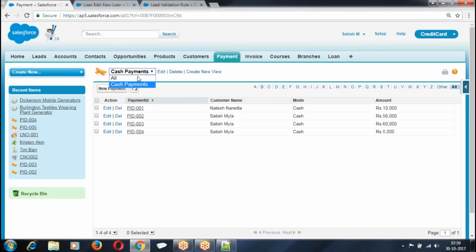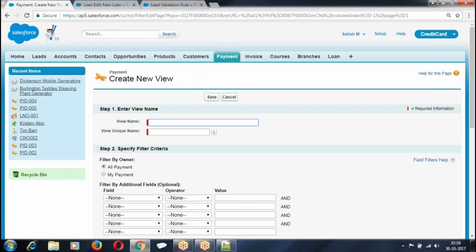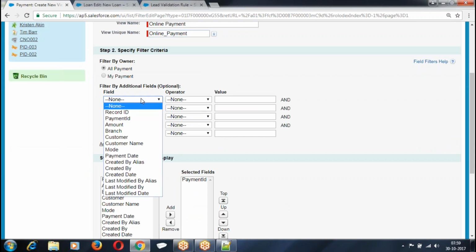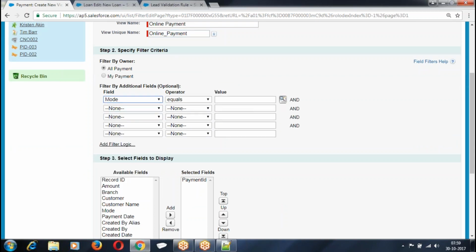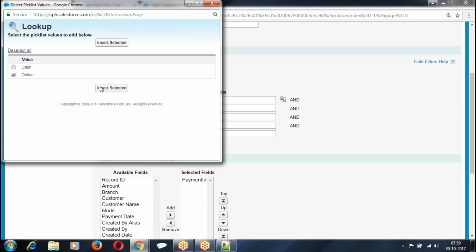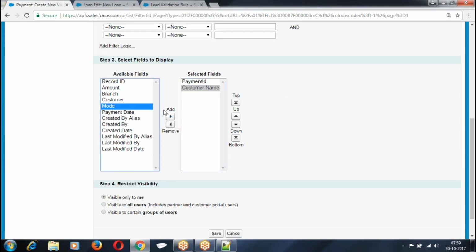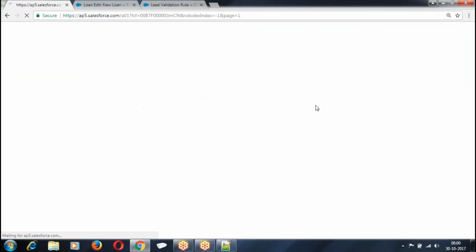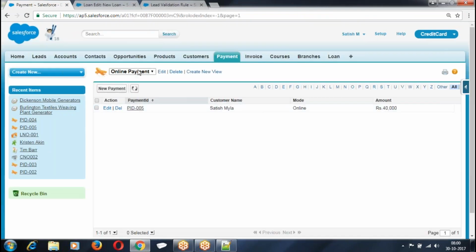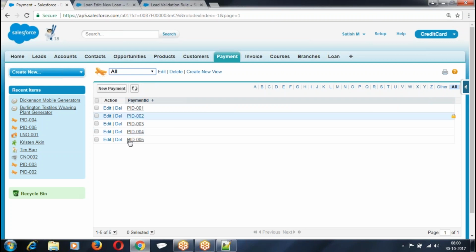Now I got a filter condition, all cash payment. Create a new one, online payment, where mode equals online. You want to modify?